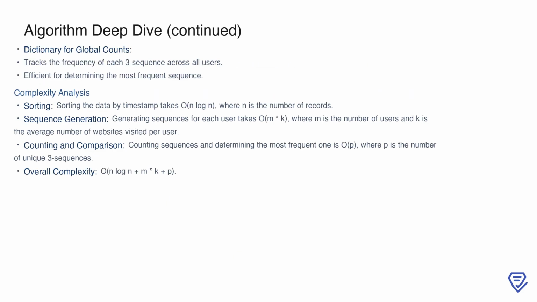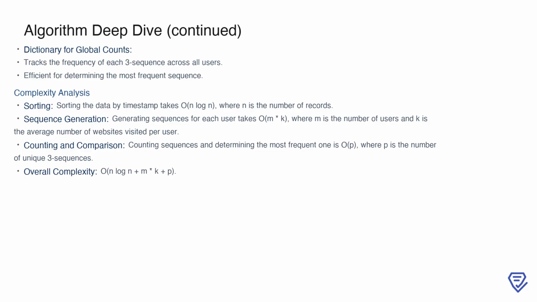The final step involves using the dictionary of global counts to determine the most frequent 3 sequence across all users. This dictionary efficiently tracks the frequency of each sequence, making it straightforward to iterate through and find the sequence with the highest count. If multiple sequences have the same highest frequency, we break the tie by selecting the lexicographically smallest